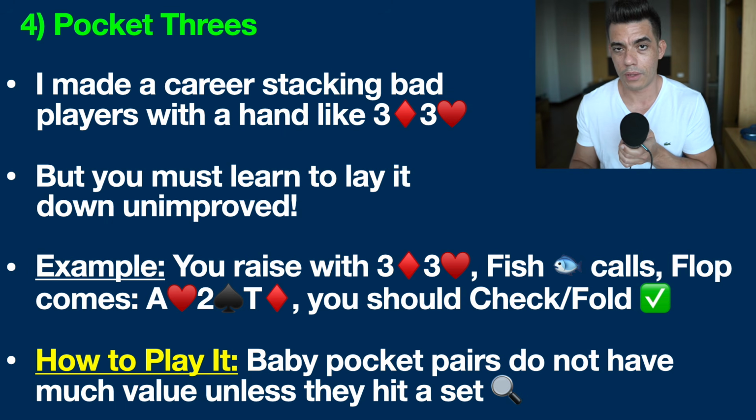So guys, the real lesson here of how to play this hand is to understand that baby pocket pairs like a pocket 3s, when they do not hit a set on the flop, like we missed it in this case, as we're going to miss our set 88% of the time, when they have missed their 3 of a kind, they are largely useless. I'm not saying that you should just fold every single time they make a bet, but